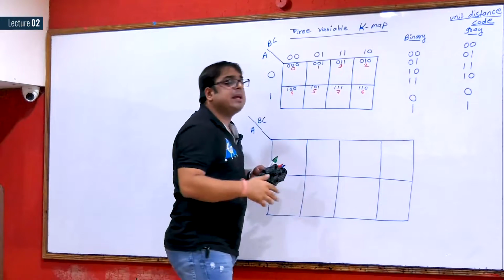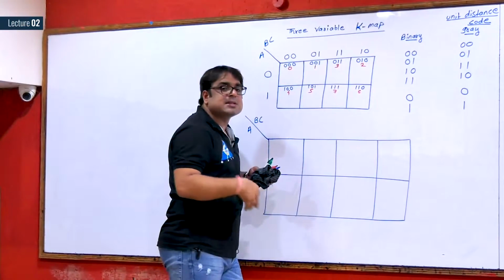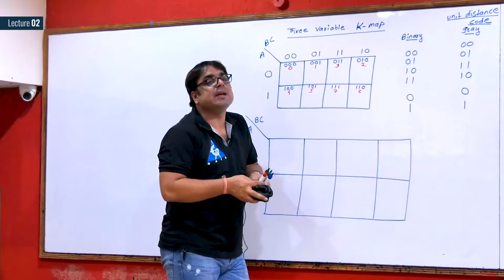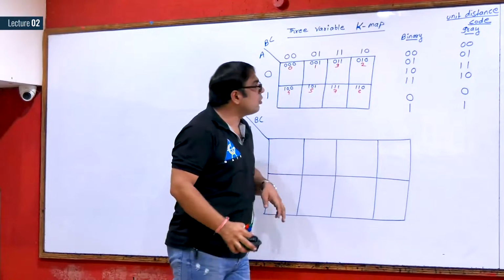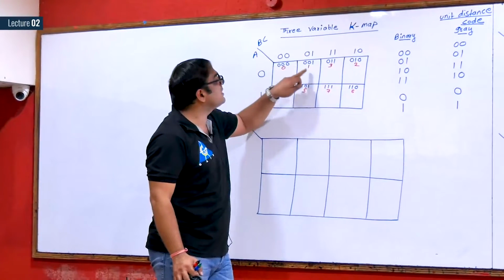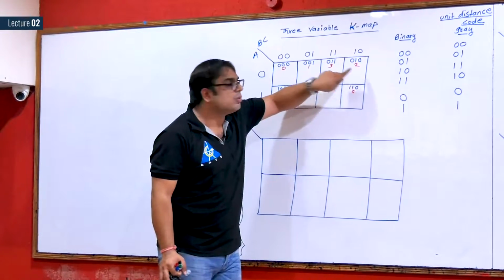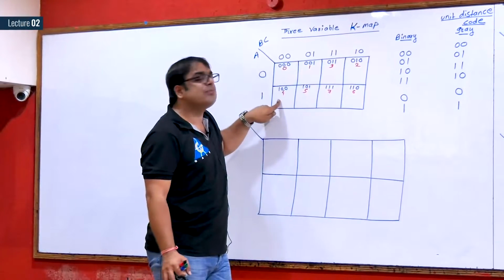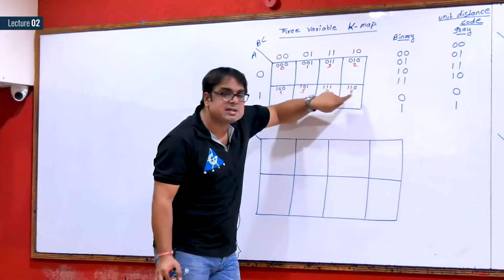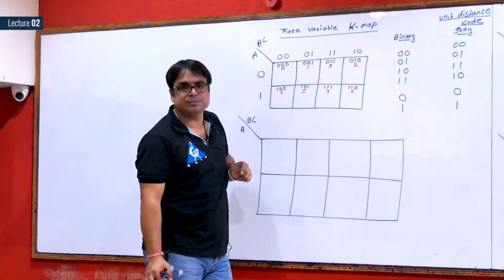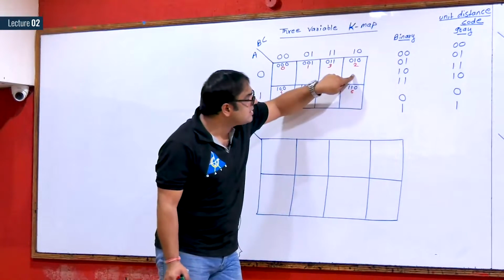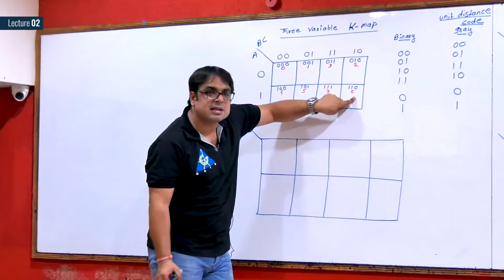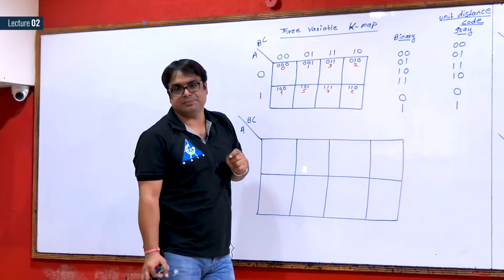So slowly during the practice, you have to learn all these basic differences that we have in a K-map. You should be able to write this is 0, this is 1, this last one is 2 and this second last is 3. In the same way, start from 4, 5, last one is 6, second last is 7.